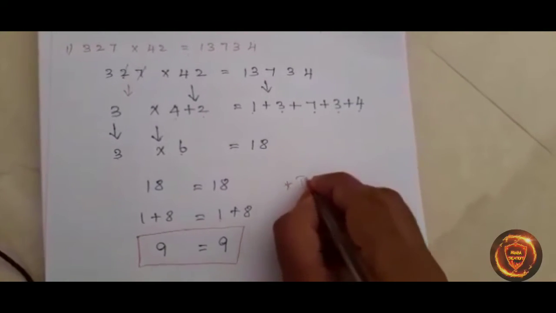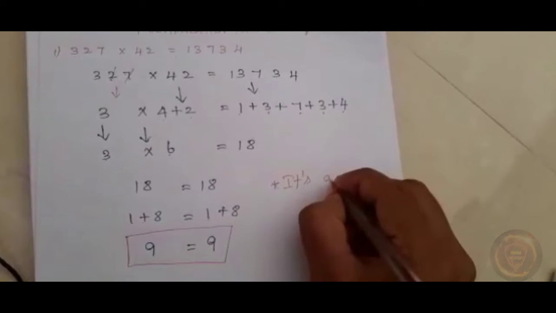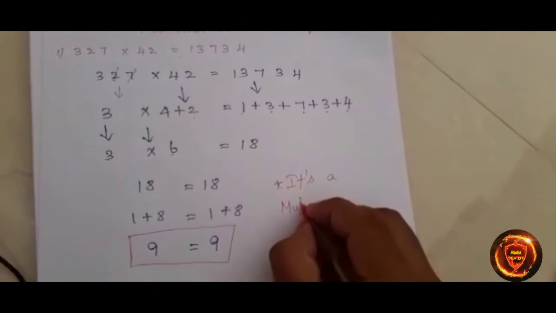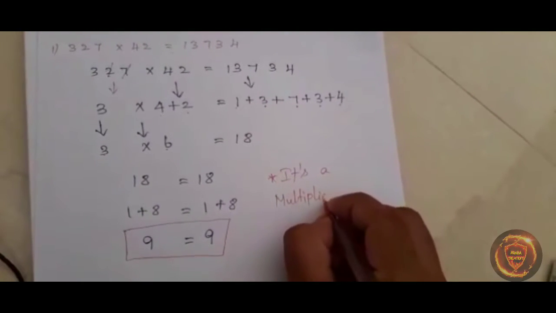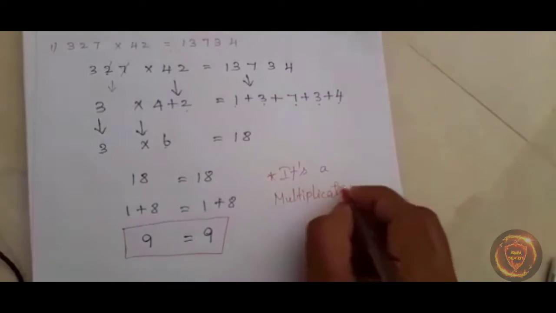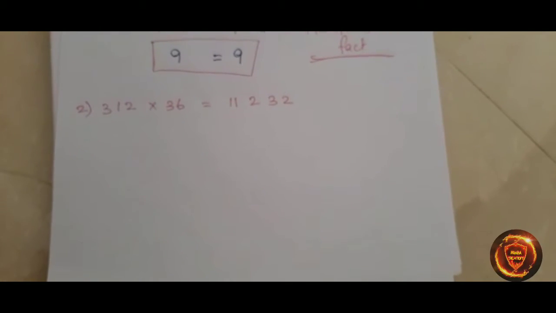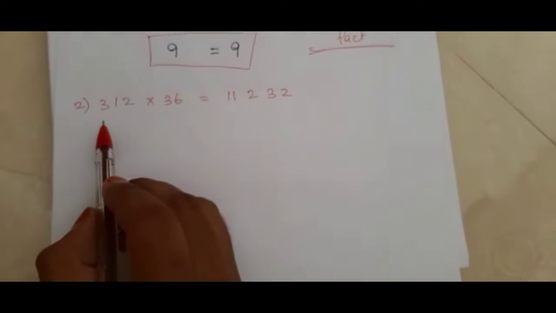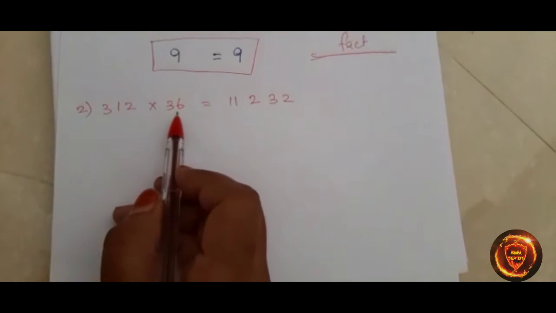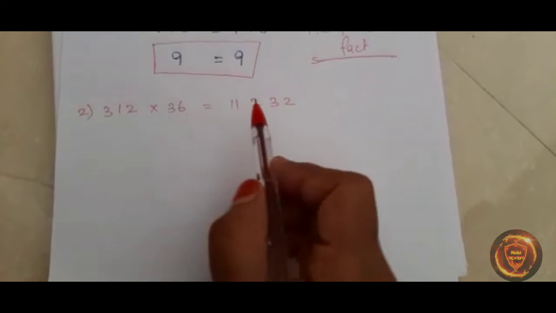So it is a multiplication fact. So this is the answer. Now see the second question. 312 into 36 is equal to